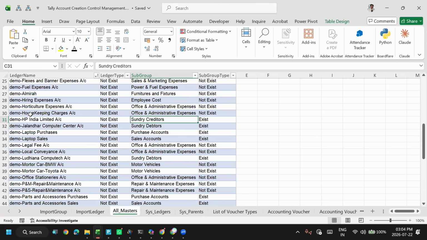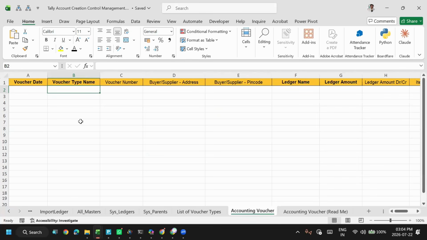And the second part is how to import accounting vouchers into our Tally through Excel. And the third part will be, whenever we record transactions in our Tally, while auditing,